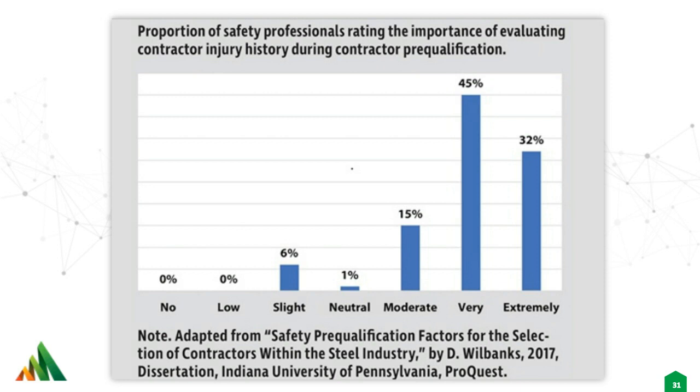But in a study in Professional Safety magazine, looking at the proportion of safety professionals rating the importance of evaluating contractor injury history during pre-qualification, you can see that the vast majority, over 75%, feel that having, tracking, and evaluating this data is of significant importance in your pre-qualification process and